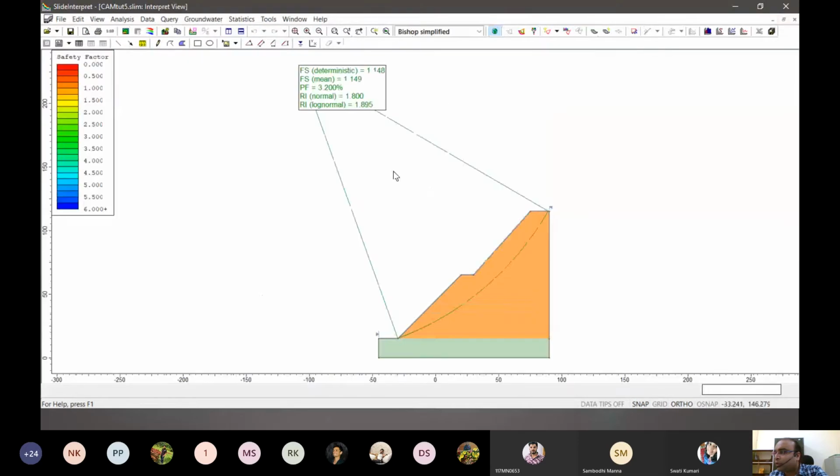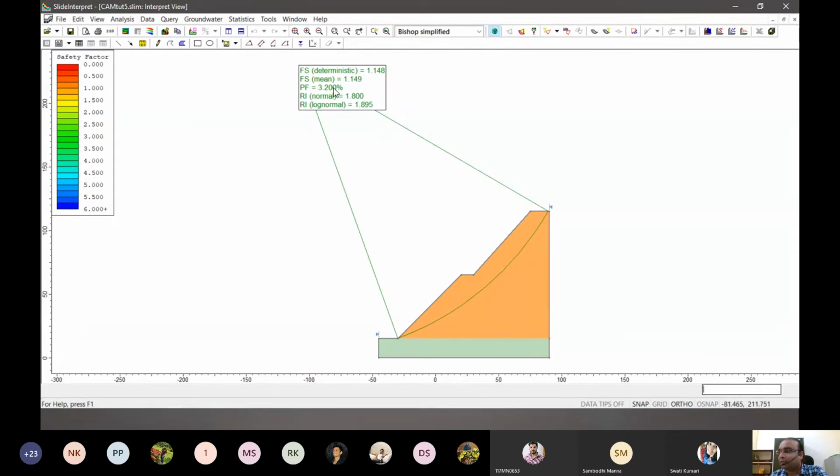If we simulate now, we are getting 1.48, okay? So let's take this case for example. We have seen how just changing the cohesion has resulted in an increase in the factor of safety, and how the probability of failure from 50% at 1 has suddenly decreased to only 3.2%.